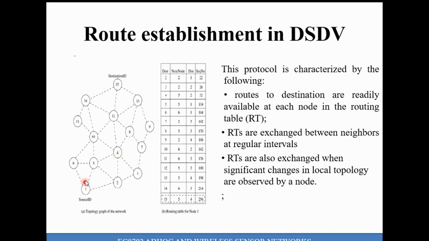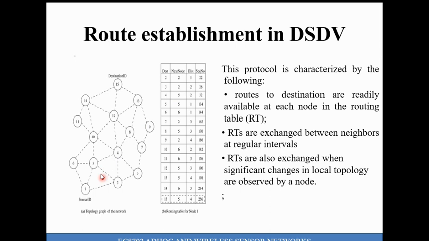As per the protocol, each and every node, that is all 15 nodes, maintains its own routing table. The routing table looks like this. Here all the routing information is stored in the form of a table. The first column represents the destination node, the second column represents the next node, and the third column represents the distance between your source and destination node, and the fourth column is the sequence number, which is randomly generated, which helps to identify whether the packet or the information is new or old.